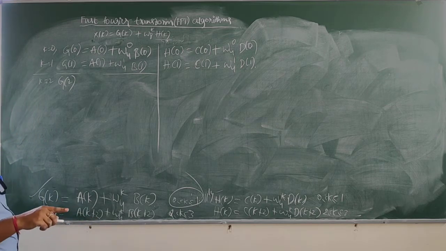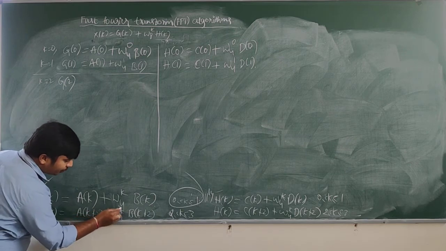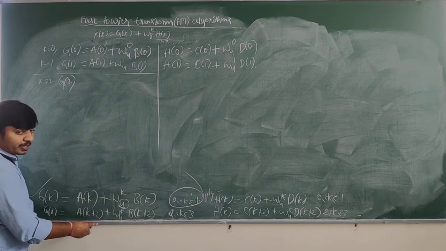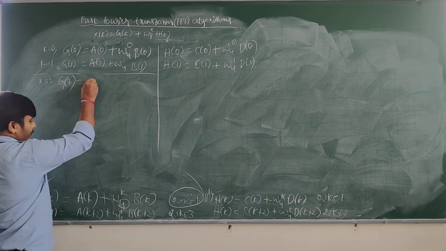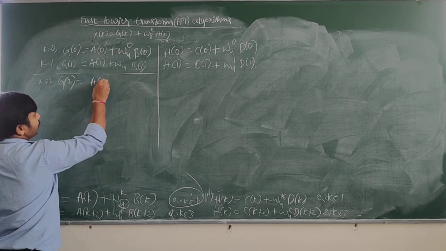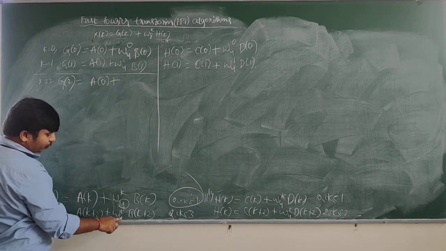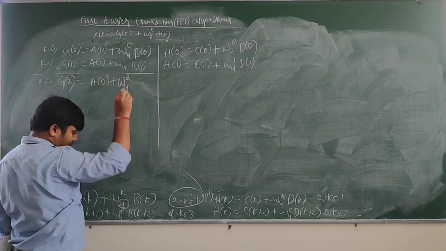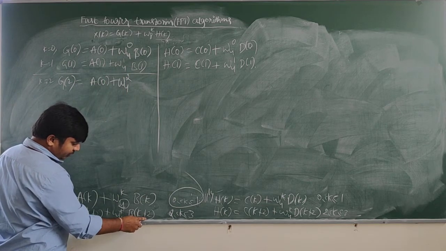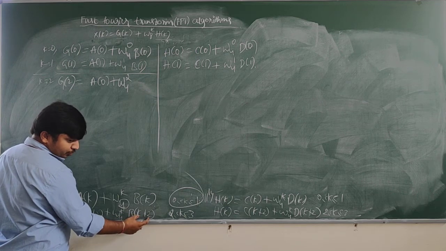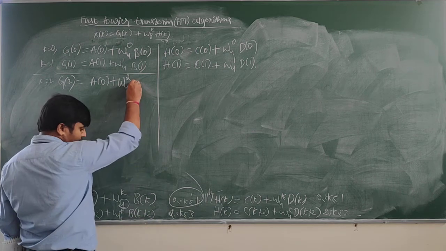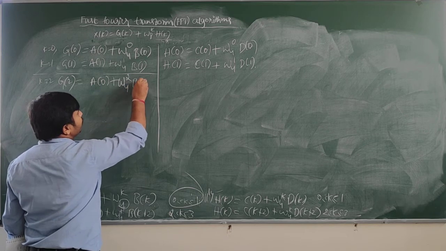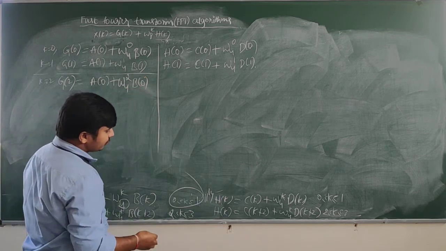2 plus 2 is 4. Okay, so here I am computing the 4-point DFT. 4 minus 4 is 0. Therefore I get a of 0 plus W4 power 2 times b of k plus 2 is there. Again it becomes 2 plus 2, 4. 4 minus 4 is again 0. Therefore b of 0. So this side.